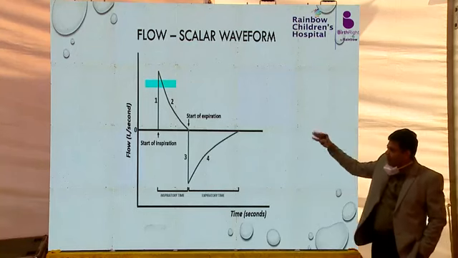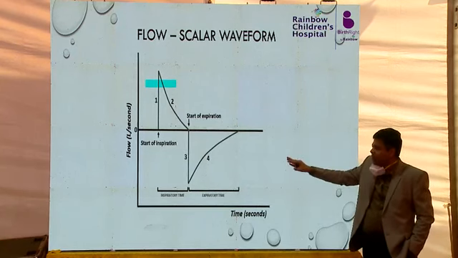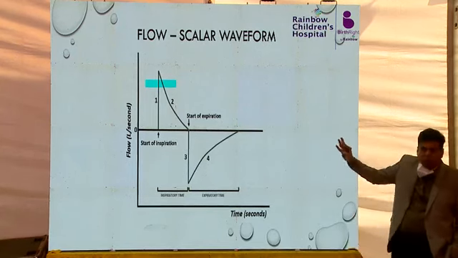The thing which is above the baseline is the inspiratory flow, the thing which is below the baseline is the expiratory flow. Expiratory flow normally